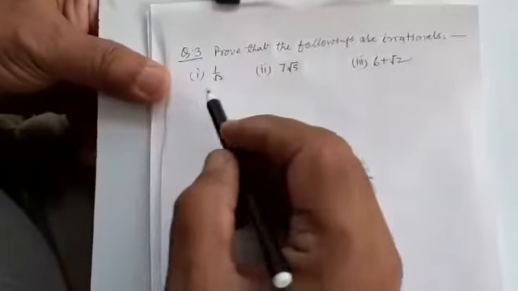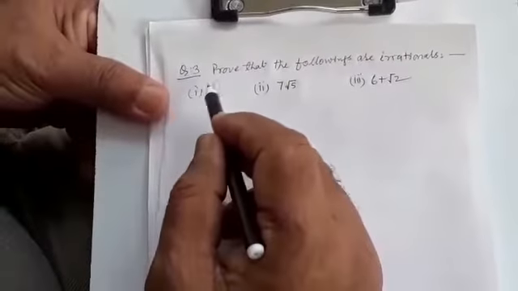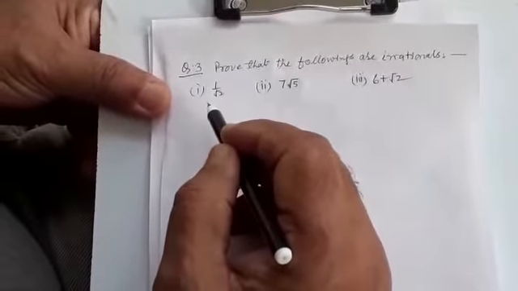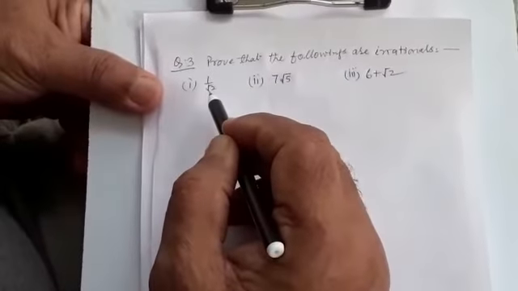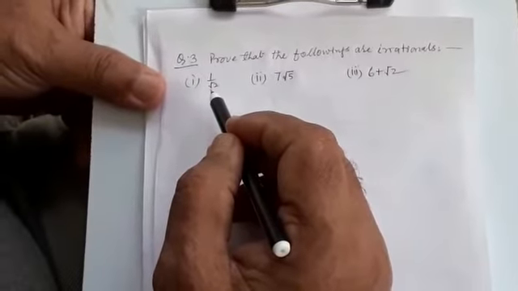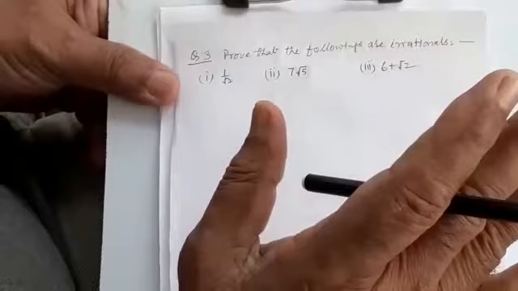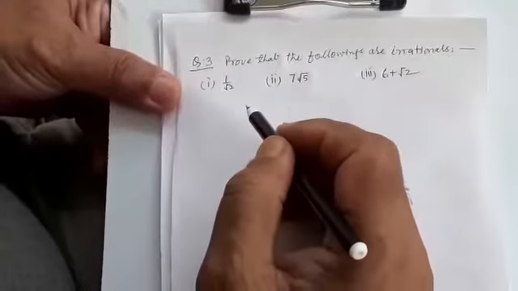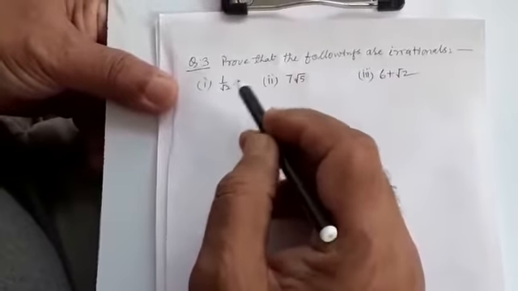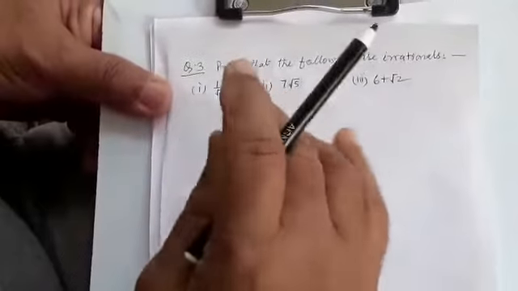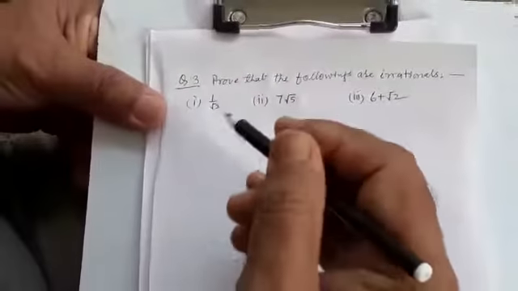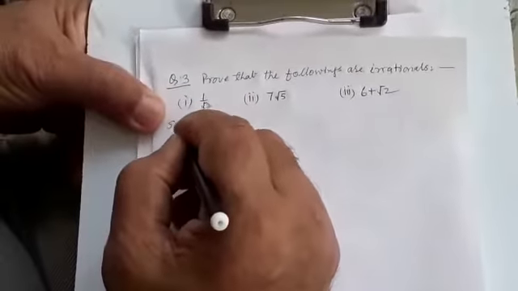In exam, it may be asked that evaluate 1 by root 2. Then there you will substitute the value of root 2 equals 1.414. Then long division you have to do. That's why I am suggesting you that you will rationalize the number first of all. Then you can get the value of 1 by root 2 easily. But here just you see what we have to do.